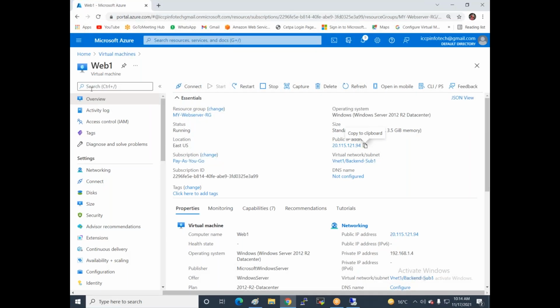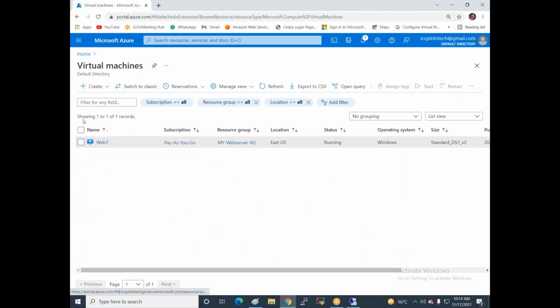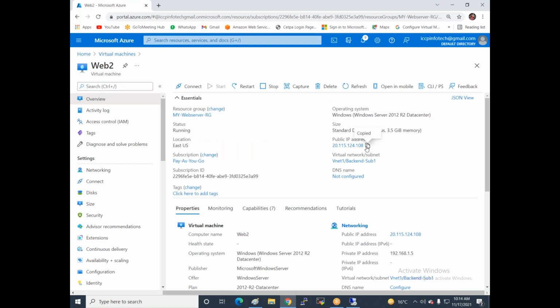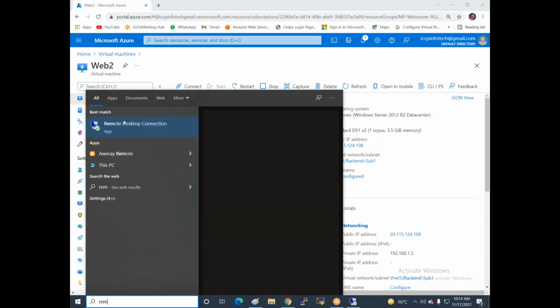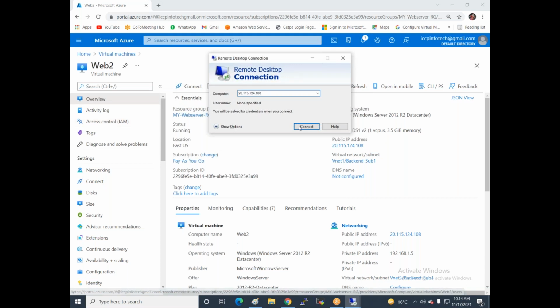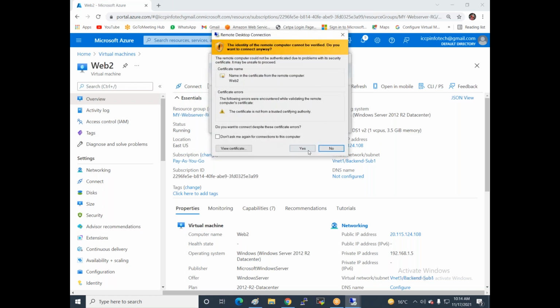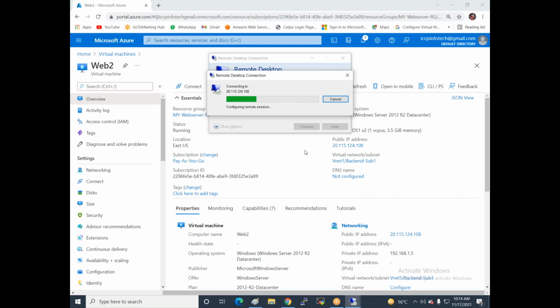In the same way, I log in to the other web server, web server 2, and install the IIS service.